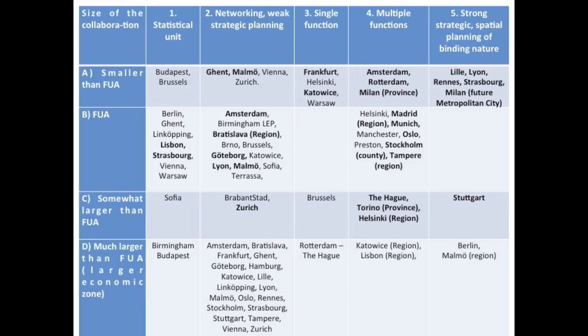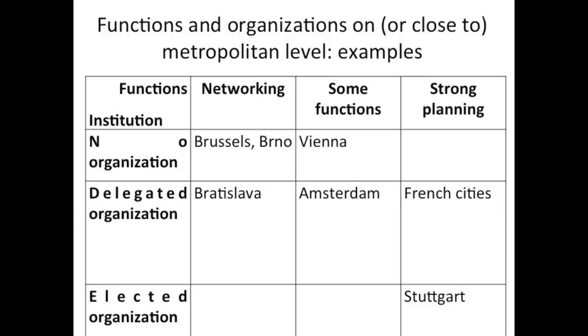In Eurocities, we made an analysis of which cities in Europe have something like that, and these are probably those cities which are close to this functional urban area governance issue, and this is again a bit too much. But here you have Amsterdam, which is not so bad because they have a delegated organization with some functions on the metropolitan area level. The best example in Europe is probably Stuttgart, which has an elected body on the metropolitan area level. But there are not too many good examples in Europe.